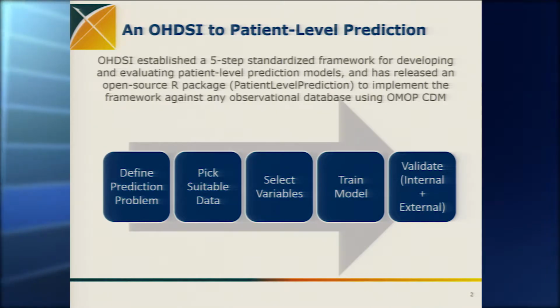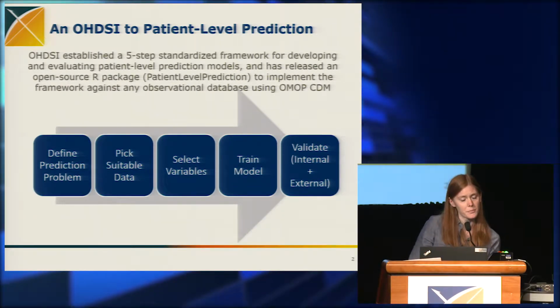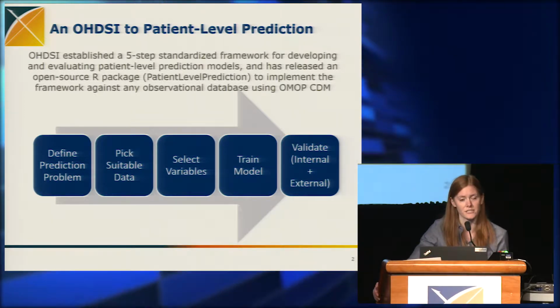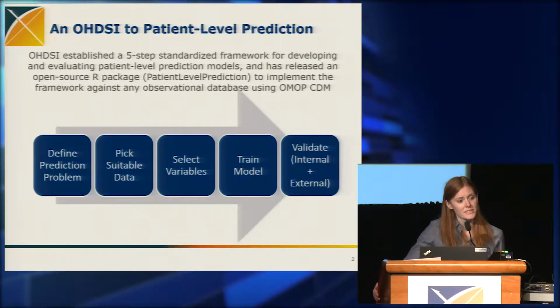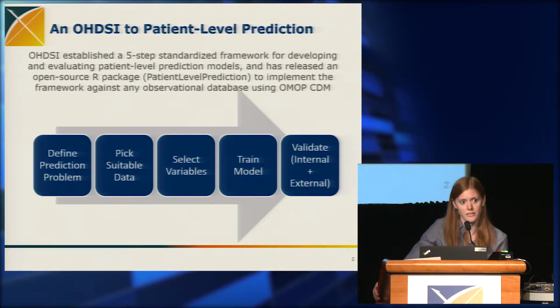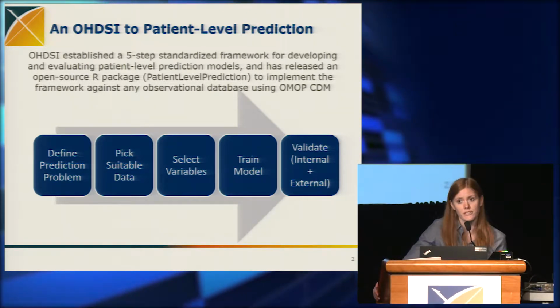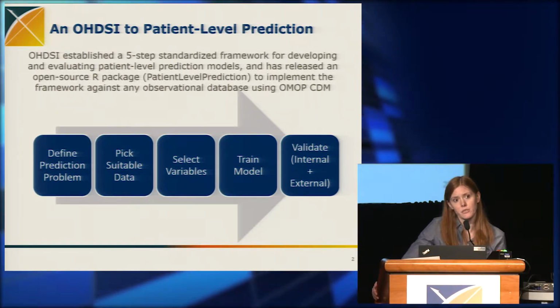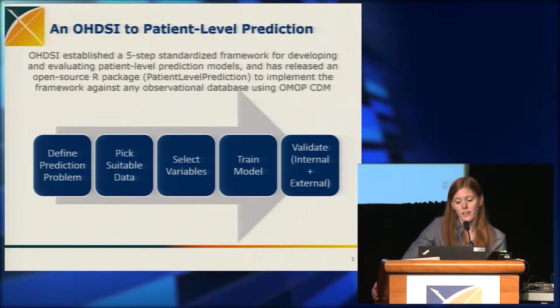We've actually developed a standardized 5-step process for developing prediction models within the workgroup. It starts with defining the prediction problem and ends with the validation of the models. Our aim was to standardize this process so that we could really utilize the fact that we have the network of researchers and data sets, because the way models are developed right now, it's very hard to actually validate